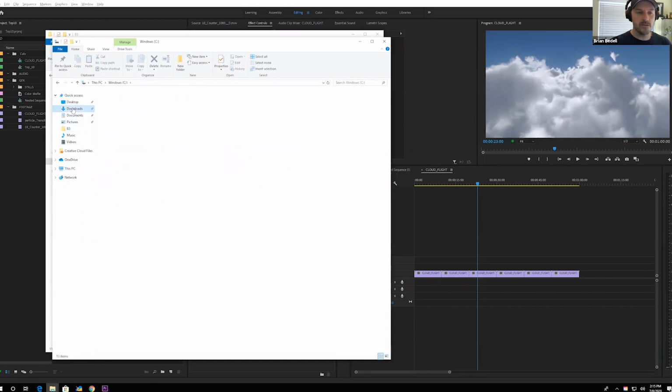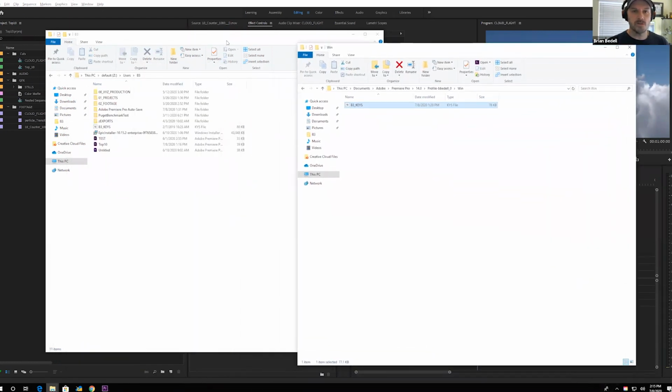And they'll be here in your documents and then Adobe. And these are pretty easy files to find. If you don't know where they are, you can just do a quick Google search. But you'll want to grab your keyboard shortcuts, and you're going to want to back them up onto the shared